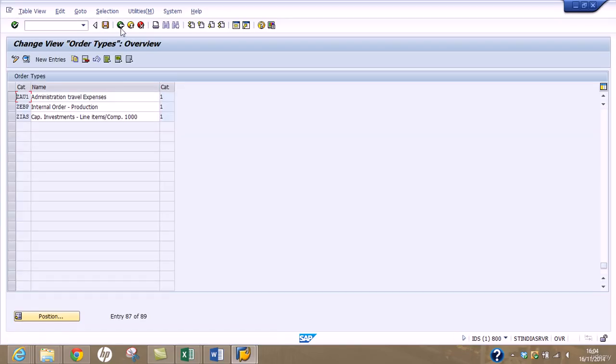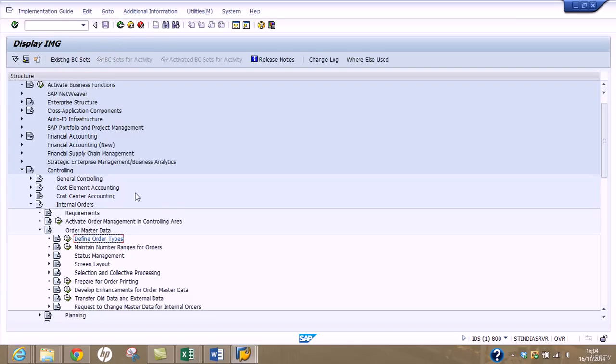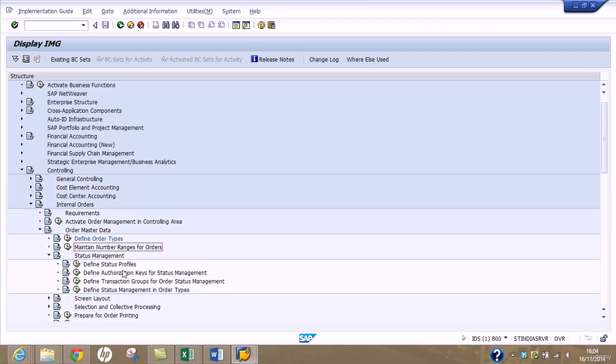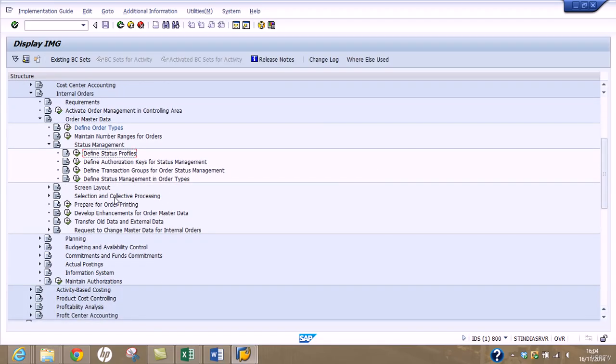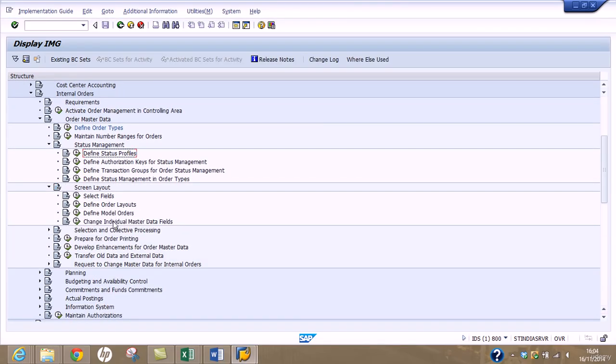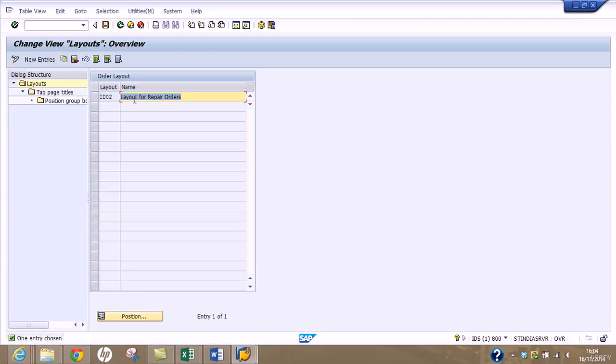Go back and I will show you the next options. For example, we have already maintained number ranges and the status management. You can create status profiles in this screen. Screen layout: here you can define order layouts. As I mentioned, right now only one layout exists. If you execute this option, layout, highlight this,